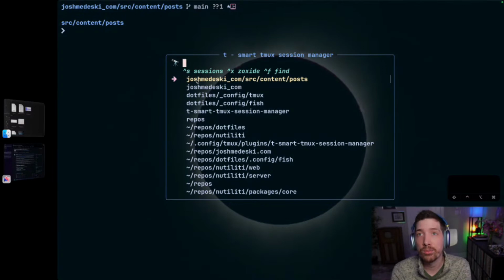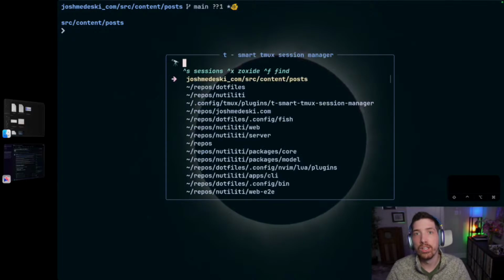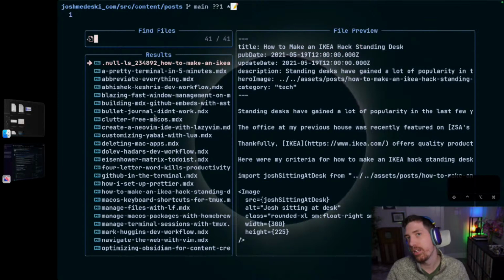And what that allows me to do is hyper focus on an area of the project. Like in this case, posts. If I only wanted to filter posts and only interact with posts, then I would create a session called posts. And now in the future, if we kill Tmux and I go to posts, guess what? It's going to immediately jump me to posts, and my Telescope entries are going to be all of my blog posts. I don't use this one too much, but